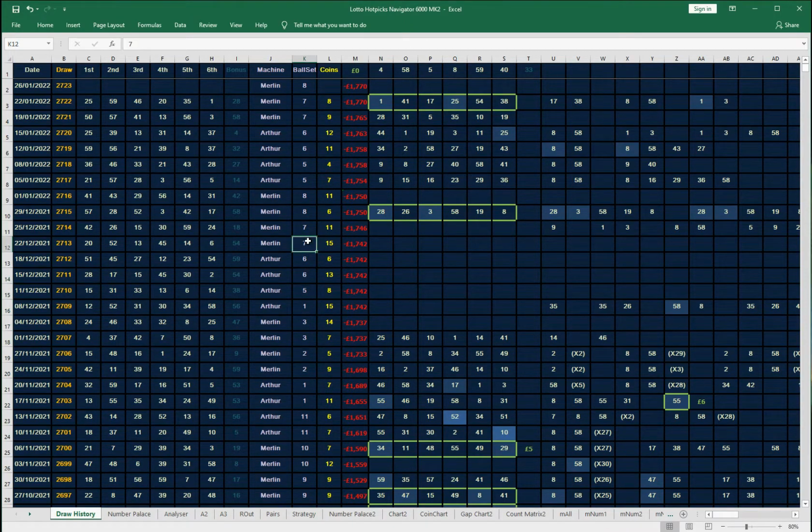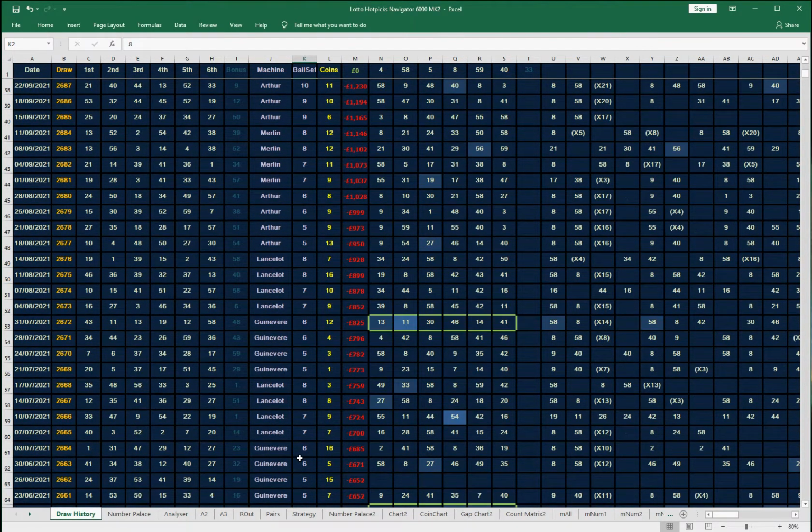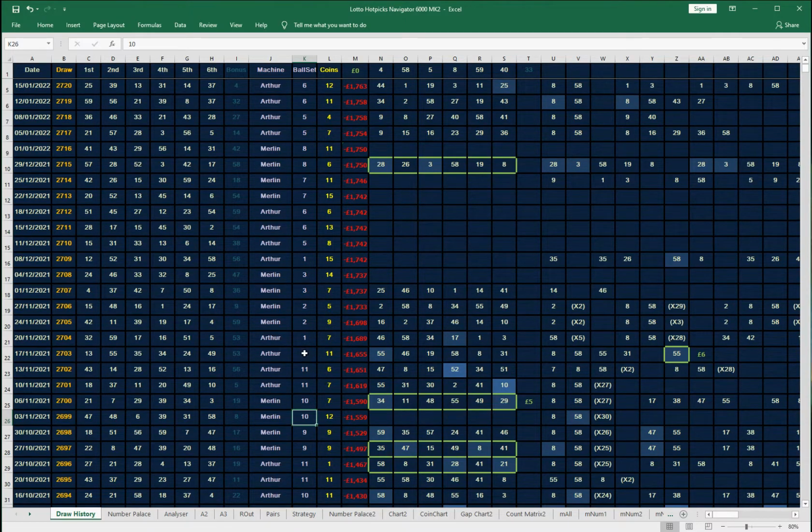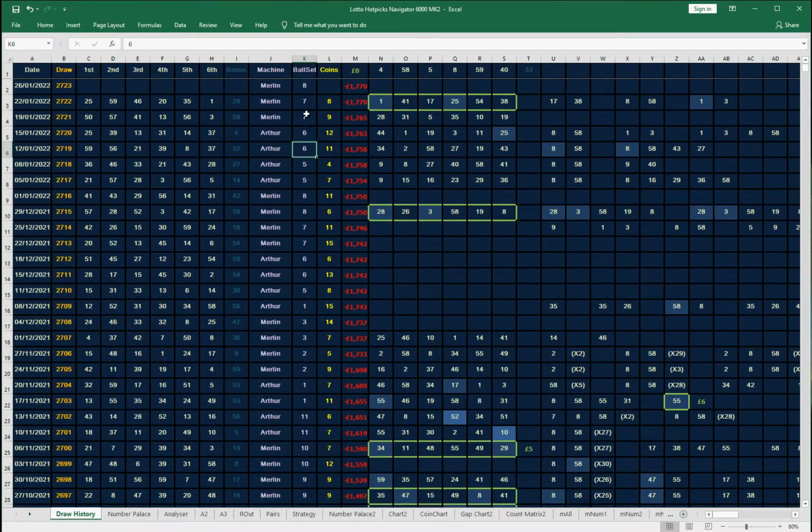So it was 5, 6, 7, and it seems to repeat 3 or 4 numbers in sequence. So here you can see it goes 7, 8, 5, 6, 7, 8, and then it changes to 9, 10, 11, 9, 10, 11. It repeats like that for a few weeks. Then it goes 1, 2, 3. Instead of going to 4, it went back to 1, then 5, then 6, 7, 8, 5, 6, 7, and